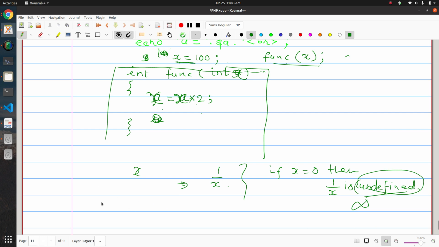Now you might need to handle this issue, that if somehow argument x comes as 0, then your function should give some error message, right, and peacefully your function should complete.